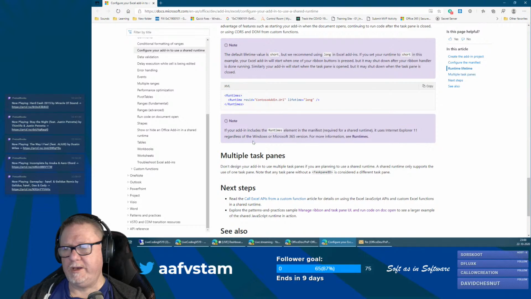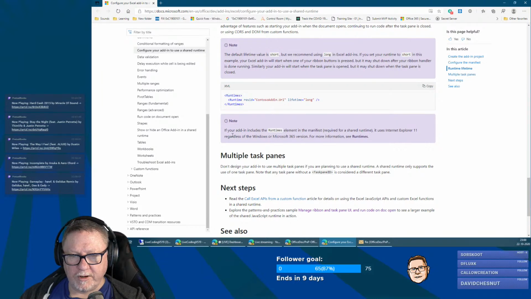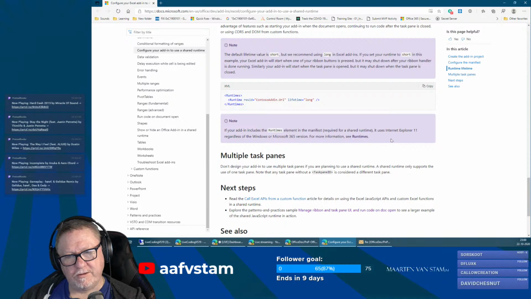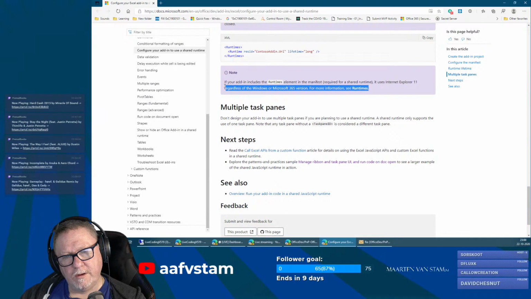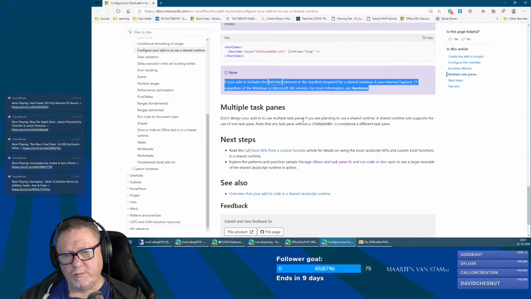that I was reading this. If your add-in includes runtime elements in the manifest, it uses Internet Explorer 11 regardless of Windows version. Okay, is that still the case? Wonder if that's true. Don't design your add-in to use multiple task panes if you are planning to use shared